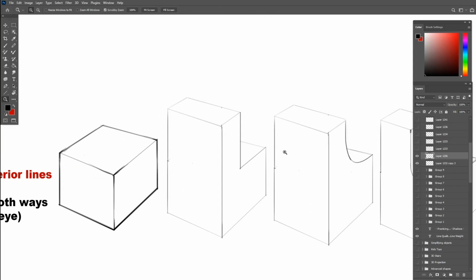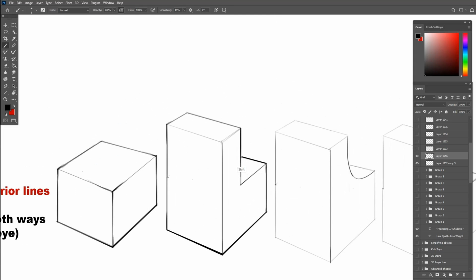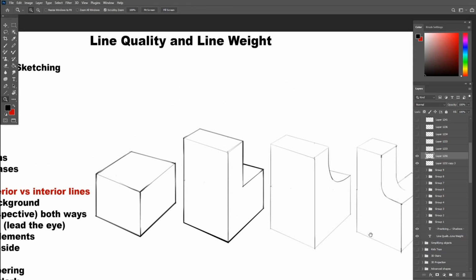When we move on to the next box, we see the overlapping interior edges as in the L shape. The corner of the L shape is inside of the box edges, not outside of it. So in this case, the exterior will be the same, but as for the interior, we will see that the outer edges are dark and the interior ones are light. But the top of the L shape is overlapping the bottom of the L shape. So it will be thicker from the exterior and tapers in toward the interior, while the bottom will be lighter and then tapers back toward the thicker exterior.